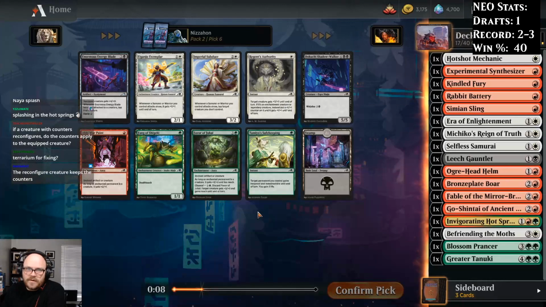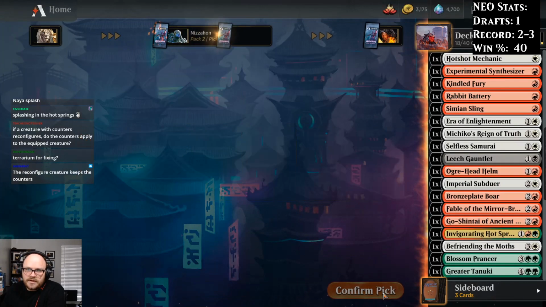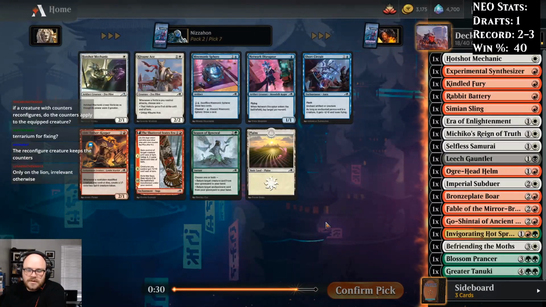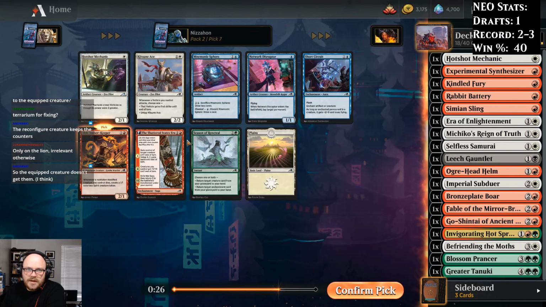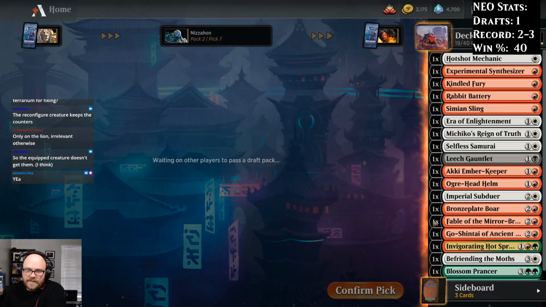We have a good curve already. Maybe I'd rather have the Subduer. I think I would. Tapping a blocker down feels pretty good. Okay, so I think Aki Emberkeeper is pretty good, more so than Kitsune Ace. We don't have any vehicles, so... We have a lot of creatures who are going to be modified, though, so...